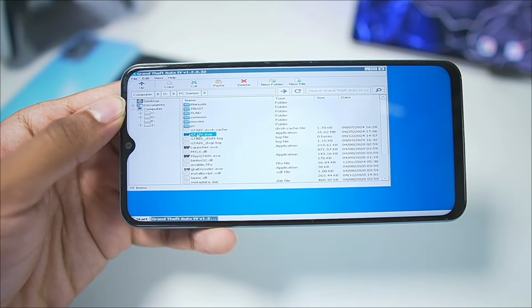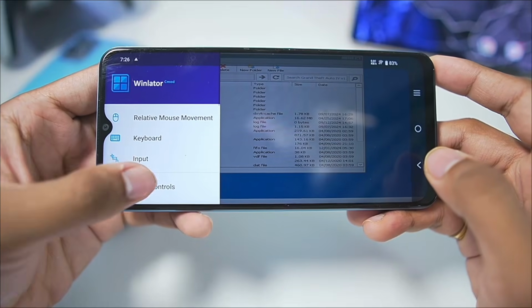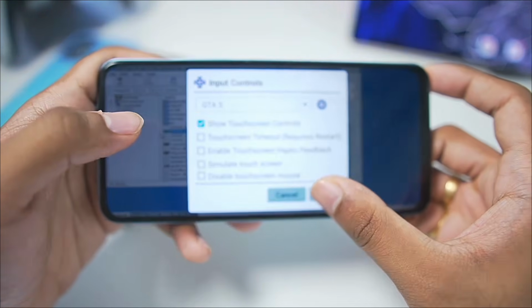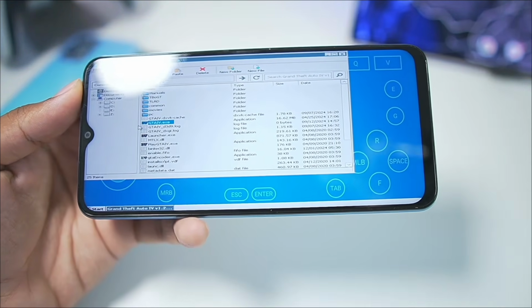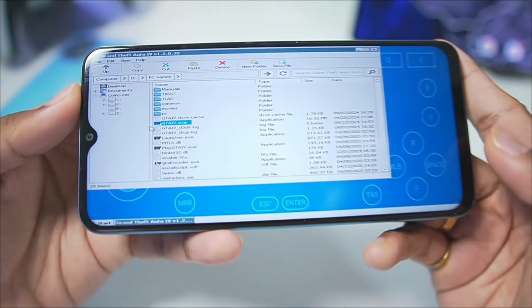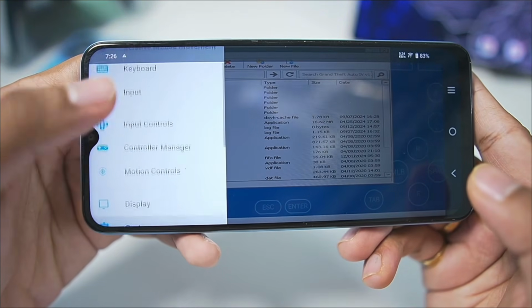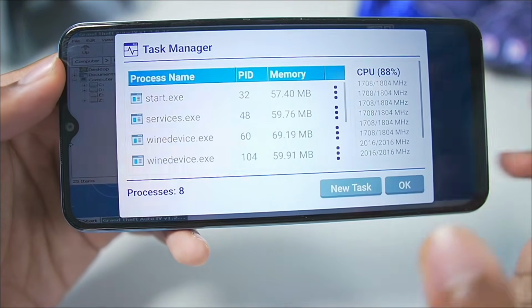I'll be reopening GTA 4. When I opened it the last time, the game didn't even boot, and that is actually very horrible. I did not expect it from Winlator Cmod, which is supposed to be the best Windows emulator, but what's the use of it if it can't even boot some normal games like GTA 4 on low-end Android devices. So here I have double tapped on GTA 4 and still you guys will be able to see the game